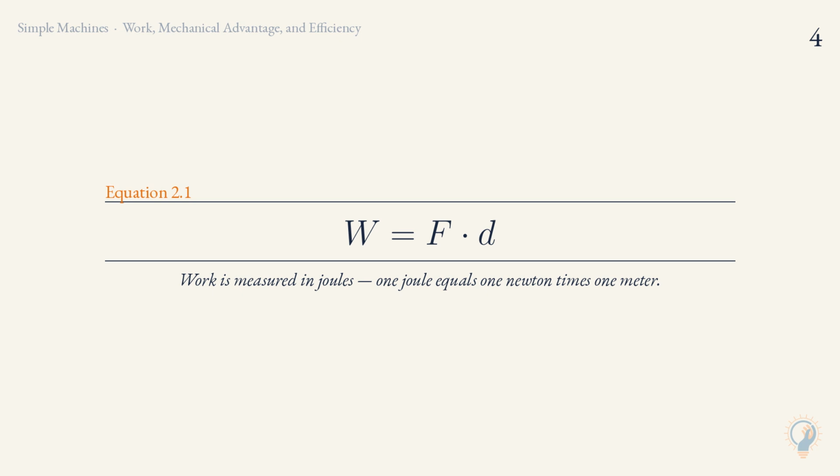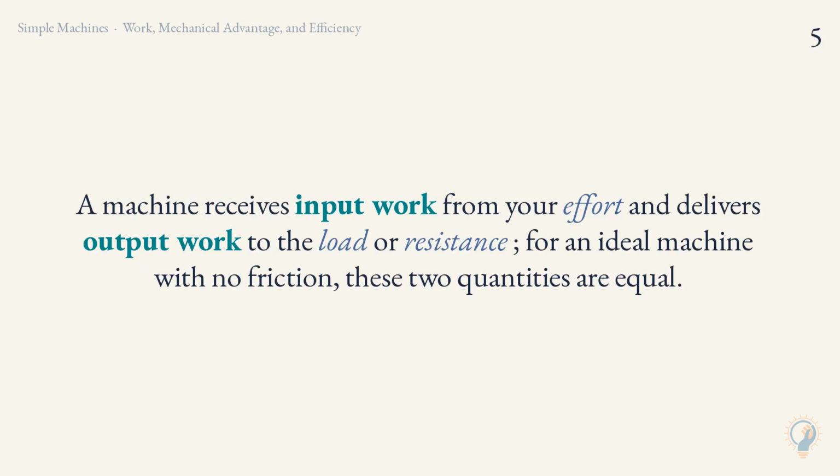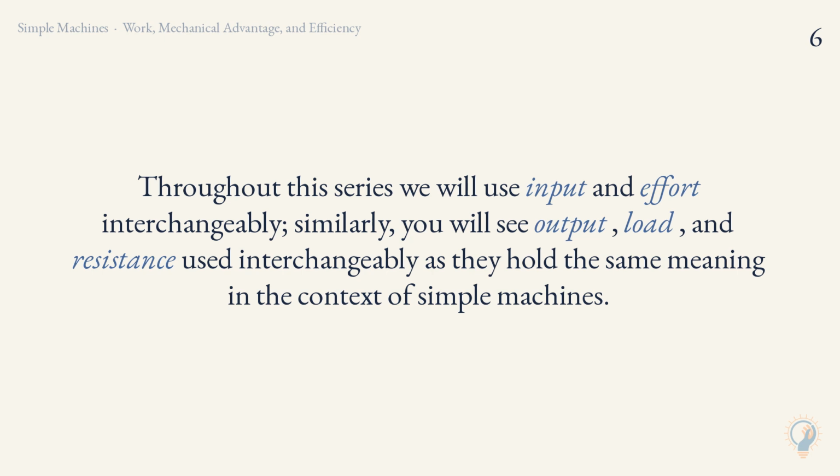Work is measured in joules. 1 joule equals 1 newton times 1 meter. A machine receives input work from your effort and delivers output work to the load or resistance. For an ideal machine with no friction, these two quantities are equal. Throughout this series, we will use input and effort interchangeably. Similarly, you will see output, load, and resistance used interchangeably, as they hold the same meaning in the context of